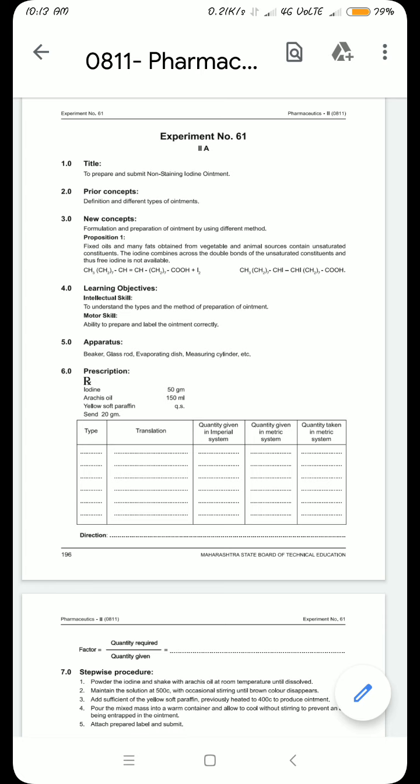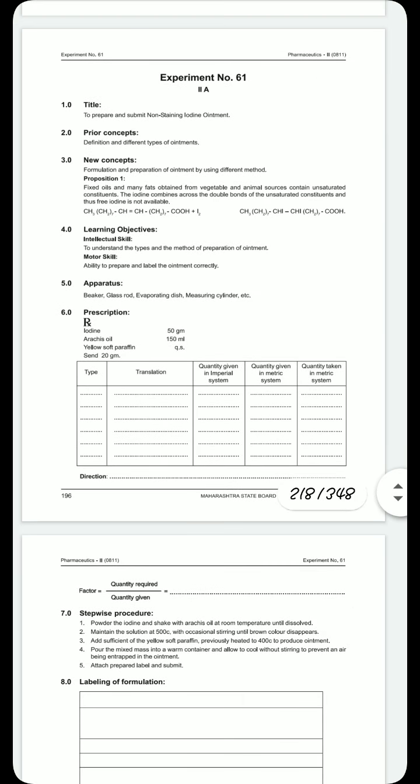Proposition first: fixed oil and many fats obtained from vegetable and animal sources contain unsaturated constituents. The iodine combines across the double bond of the unsaturated constituent, and thus free iodine is not available. Learning objectives are intellectual and motor skill. Intellectual skill is to understand the types and the method of preparation of ointment, and motor skill is the ability to prepare